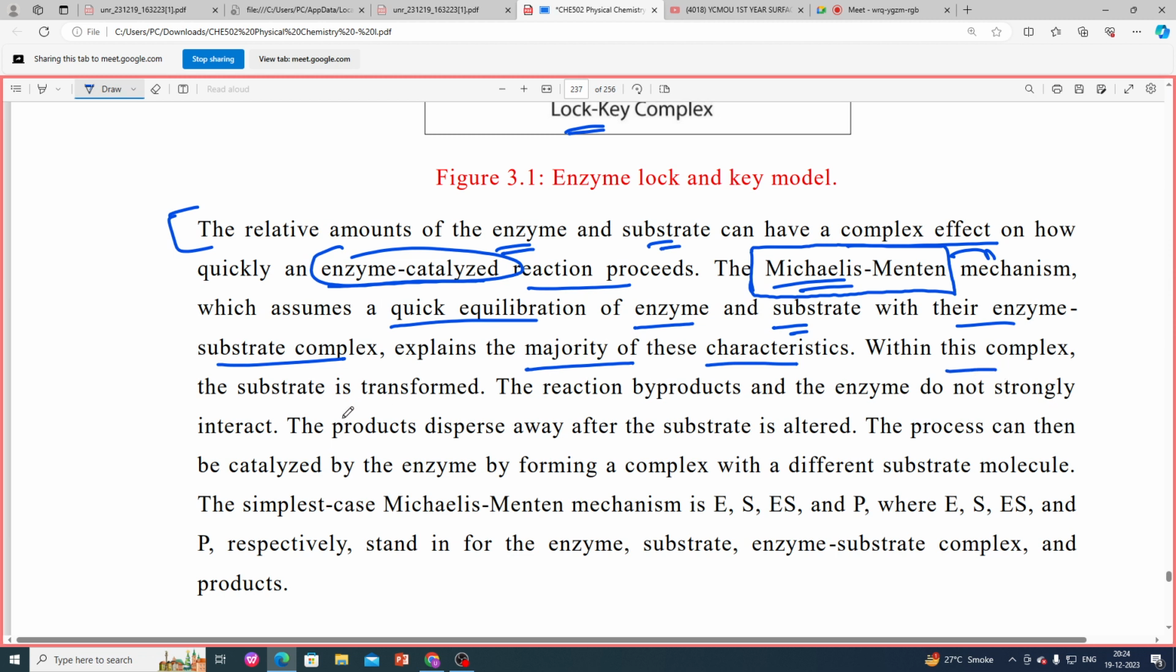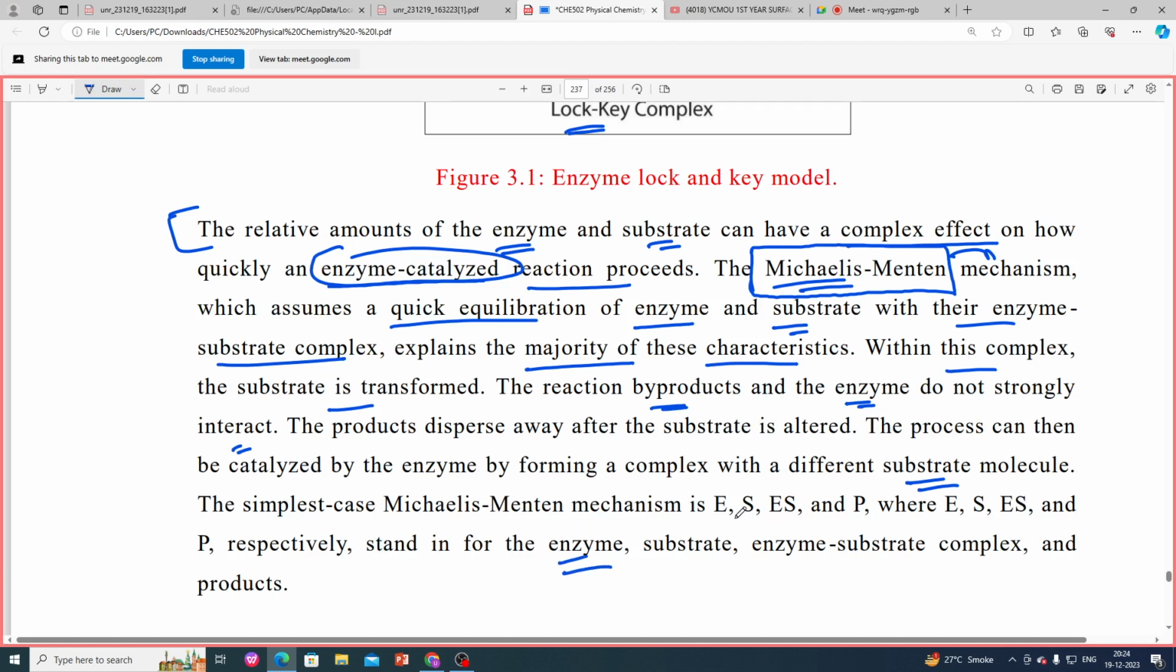Within this complex, the substrate is transformed. The reaction byproduct and the enzyme do not interact strongly. Yes, the product disperses away after the substrate is transformed. The process can then be catalyzed by the enzyme by forming a complex with a different substrate. The simple case of the Michaelis-Menten mechanism is E, S, ES and P, where E, S, ES and P respectively stand for